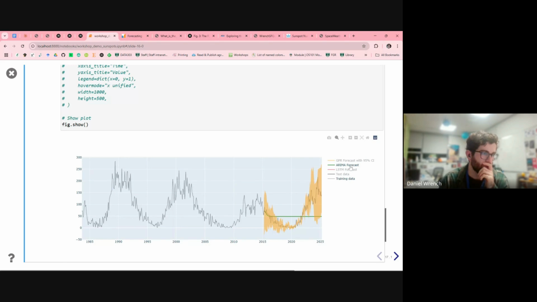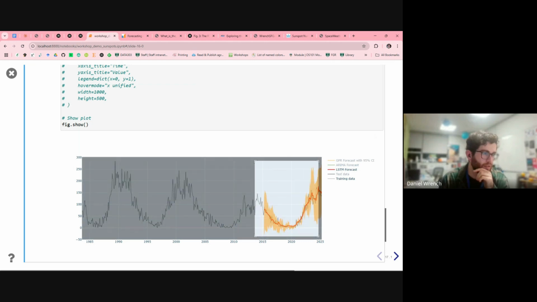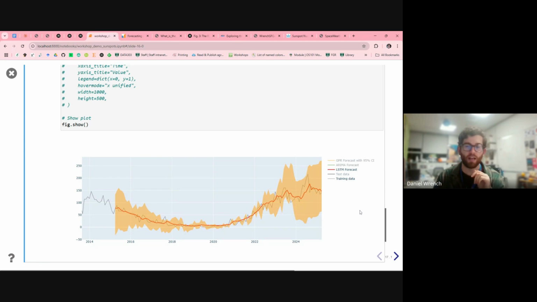Okay, so now that we've looked at that, let's bring in some of our other ones. So if we look at this one here, this LSTM is, if you remember, our long short-term memory machine learning prediction. And gotta say, it does pretty well. Seems to have learned the general trends. Obviously, it doesn't pick up some of these peaks perfectly, but certainly captures that seasonality very nicely.